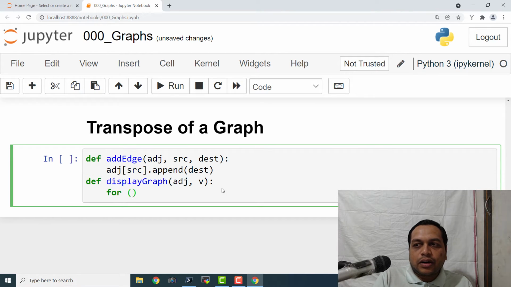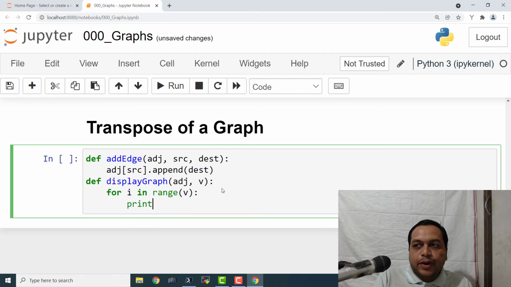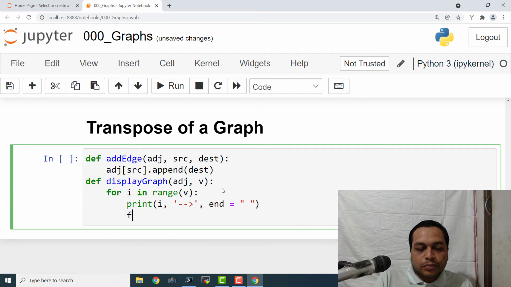So for i in range of v, so this is our upper loop. I am going to say print, so this is the node, and I will say hyphen hyphen greater than, end equals to, for j in range length of adj, comma i.